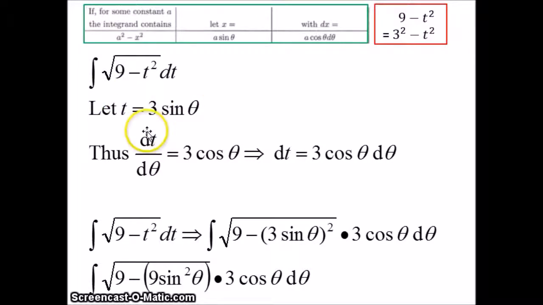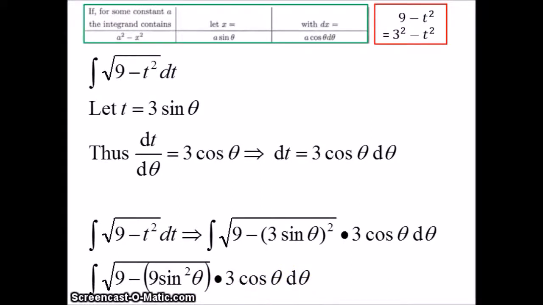We differentiate t, and we get dt over d theta equal to 3 cos theta. Our dt is equal to 3 cos theta d theta. We substitute t equal to 3 sine theta into our equation. Our equation will become the square root of 9 minus 3 sine theta squared. Our dt is 3 cos theta d theta, and we substitute in our dt. When we simplify, the equation will become the square root of 9 minus 9 sine squared theta times 3 cos